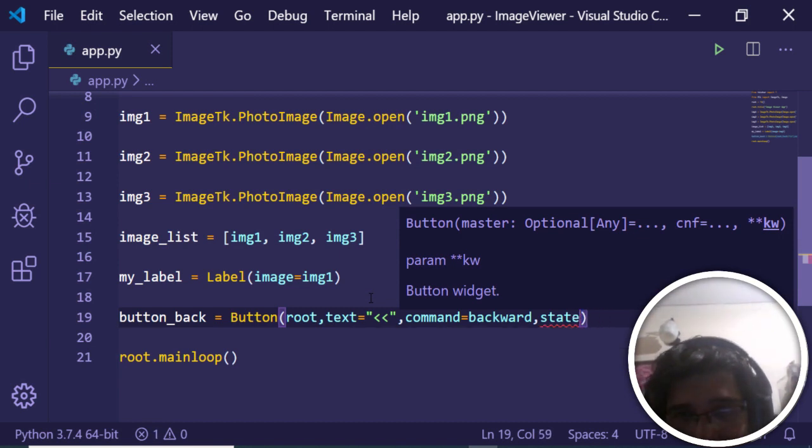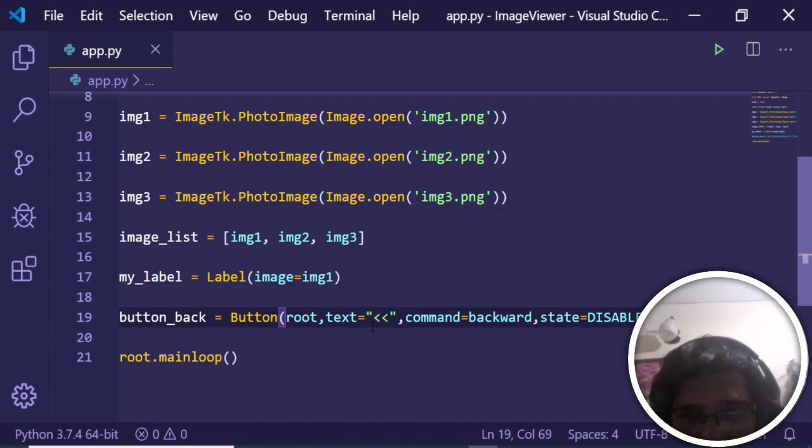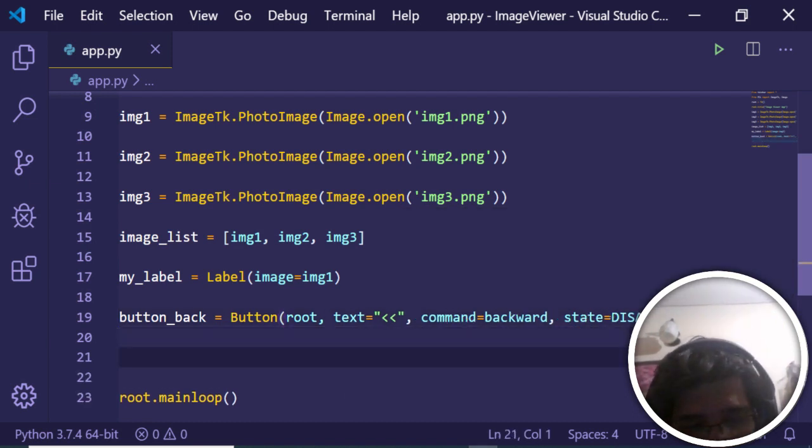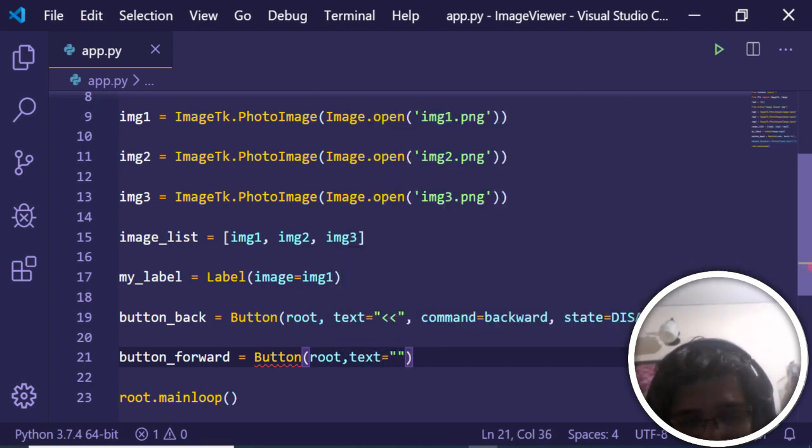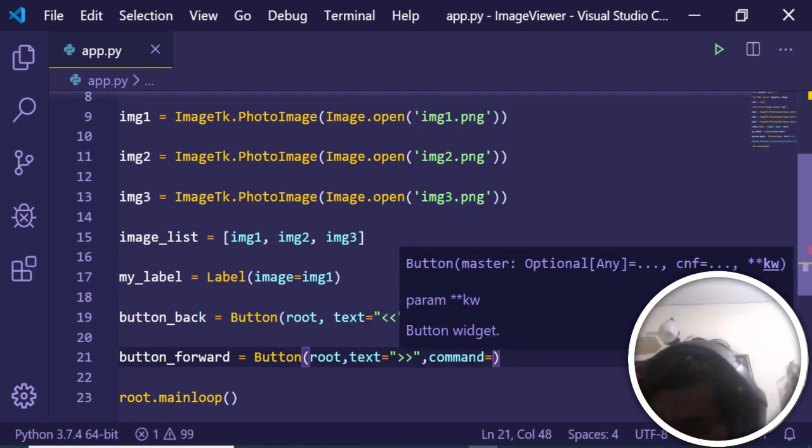So state is equal to disabled. Initially this button will be disabled, and we will also have a button forward. So this will be button root, and the text will be, in this case, this one text, and we will also give a command to it. When we hit this button we just need to